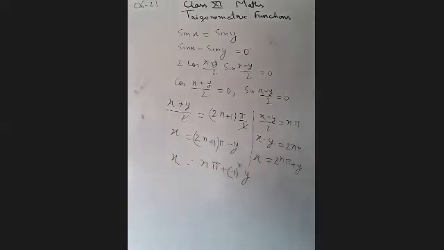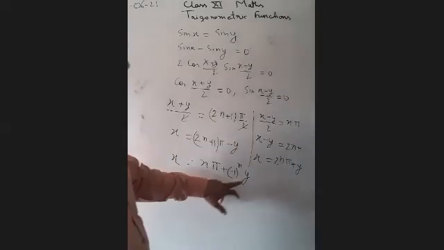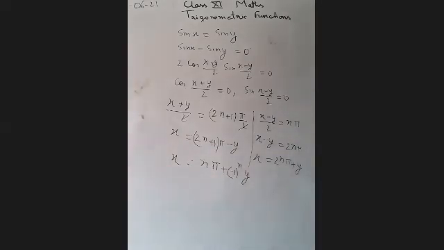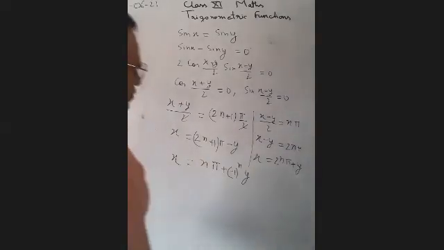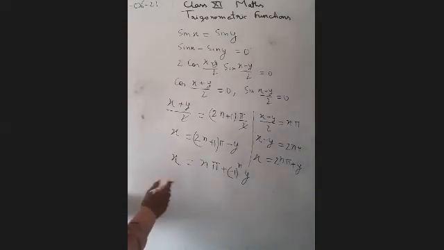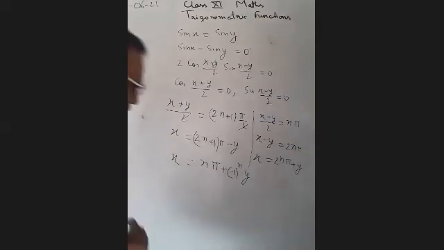So without writing both the formulas, we have used this combined formula, that is x is equal to n pi plus minus 1 to the power n y. Similarly, as we have proved this one, we can prove the formula of cos x also. If we take cos x is equal to, let me just write this one.